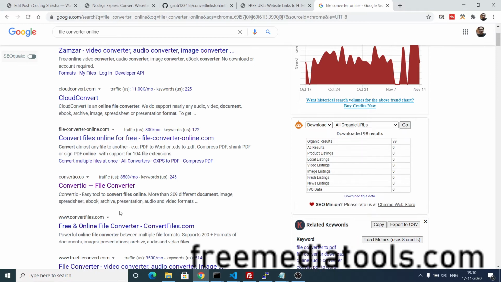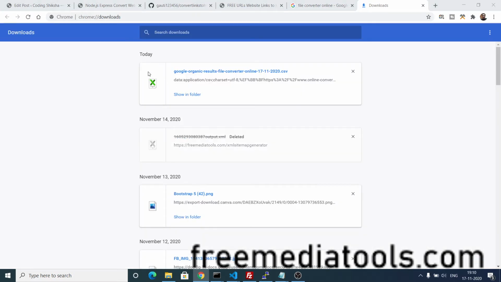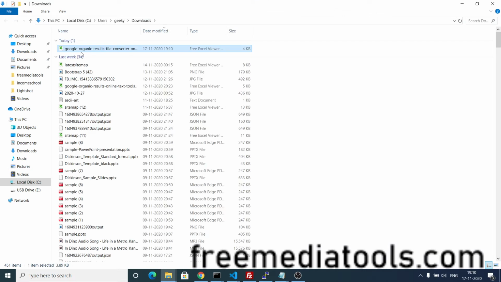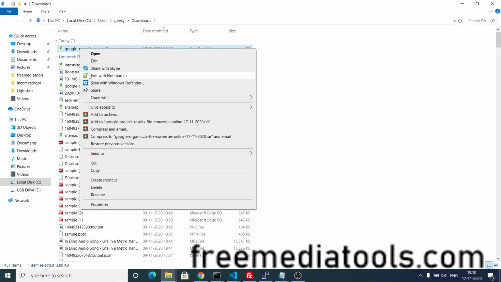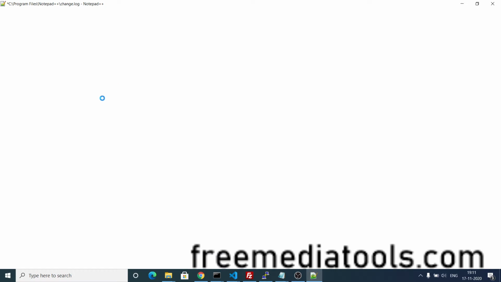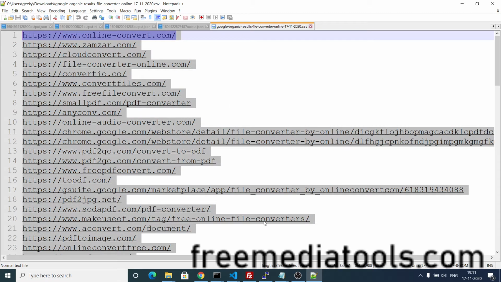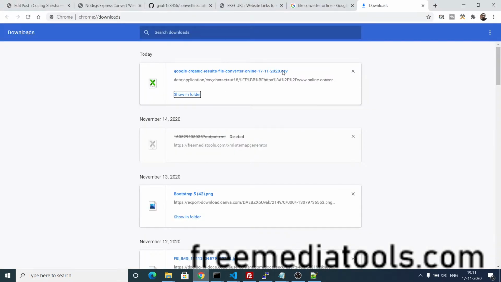And if I download this as a CSV file, you will see, let me just show you. Inside the CSV file we got 100 URLs. So basically this is an example where I am showing you how to use this tool. If you right click this file and edit with Notepad++, you will see it will give you 100 unique URLs. Now you can see that I can simply copy this. There are lots of URLs available.